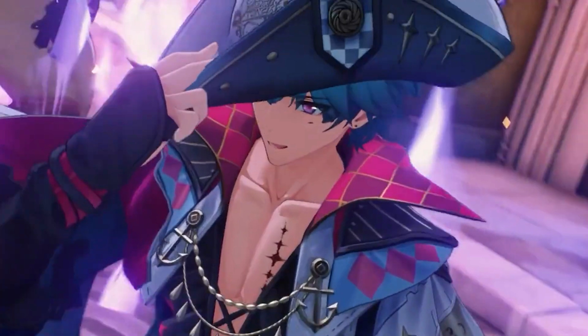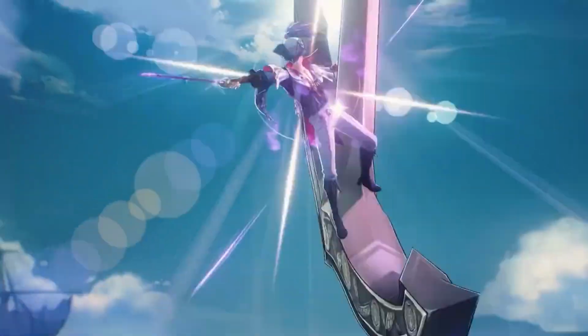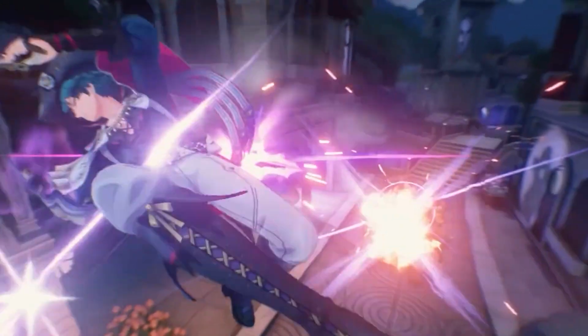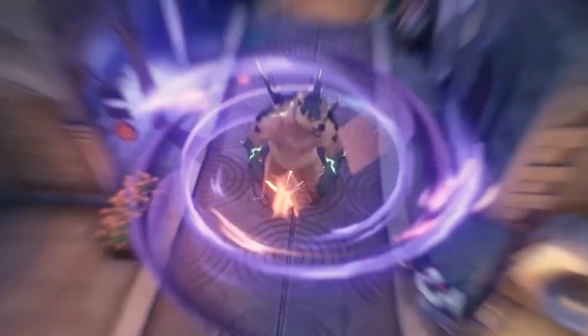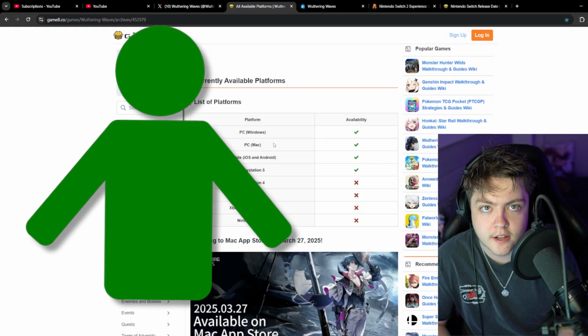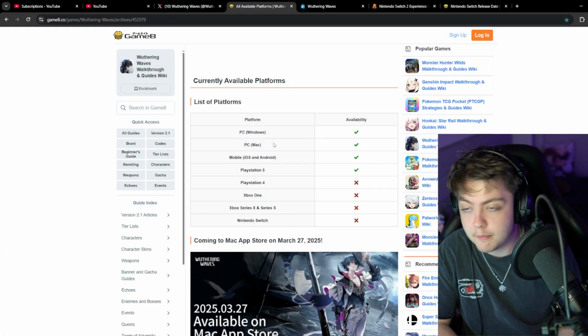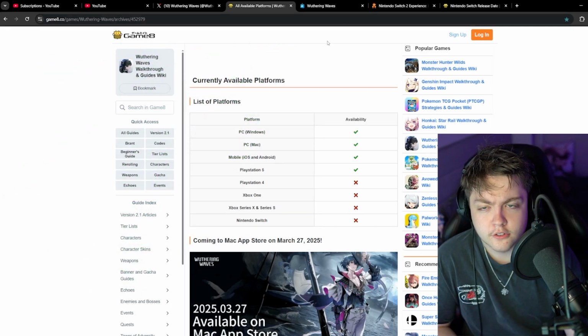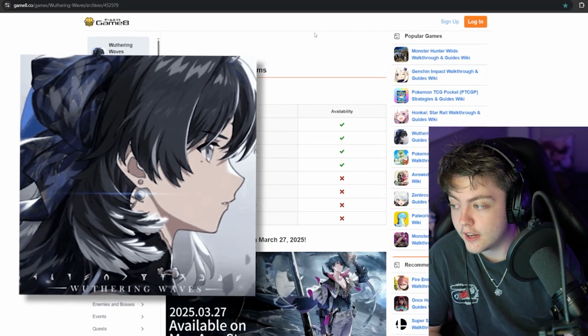And I feel like Wuthering Waves has done a good job of getting most of the main platforms out there, including mobile, PC, and PlayStation. I feel like those are the main audiences that you can get a lot of money and revenue from. But it would be nice to see them reach out to these smaller platforms, which maybe have fewer players, but also pick up a couple of new players that you didn't have before, which would be really great. So let's start off with some of the ones that we could see Wuthering Waves coming to,